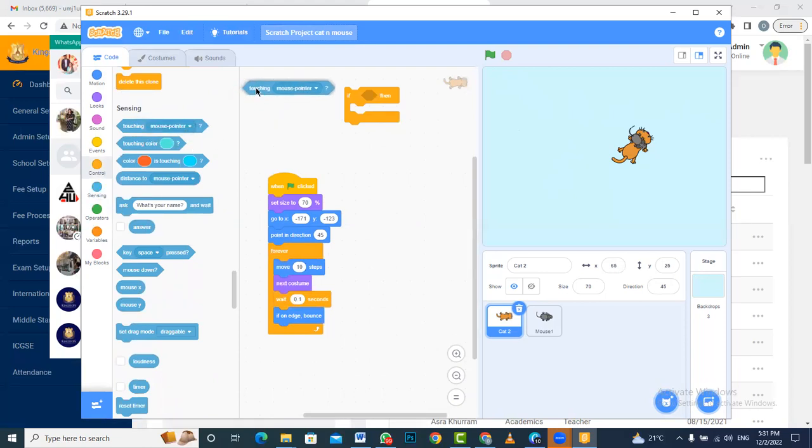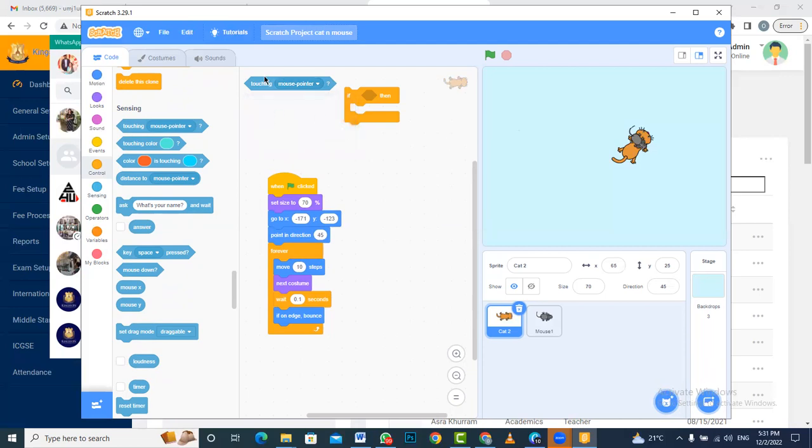Okay, so today we are going to work on this one, touching object. So this drop down list holds the objects that you are using. Like you are using currently the cat, तो cat की option इसमें show नहीं हो रही। उसके अलावा जितने events हैं वो सारे show हो रहे हैं। Edge का event show हो रहा है, mouse का event show हो रहा है, mouse object show हो रहा है, edge object show हो रहा है, और mouse pointer show हो रहा है।